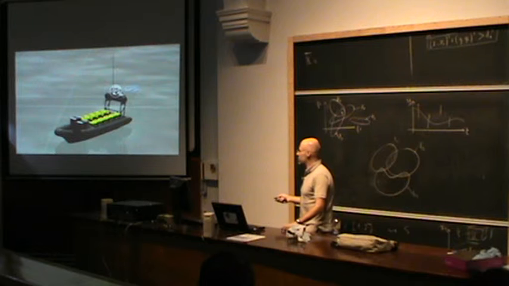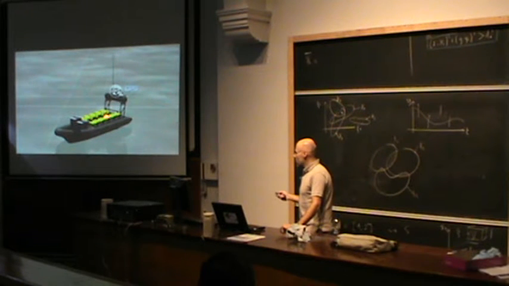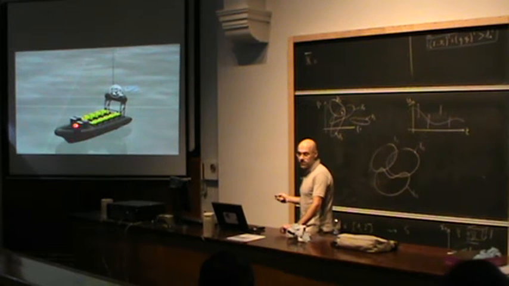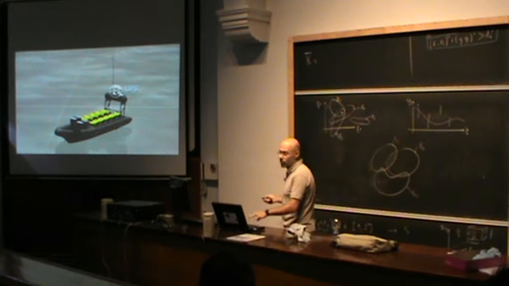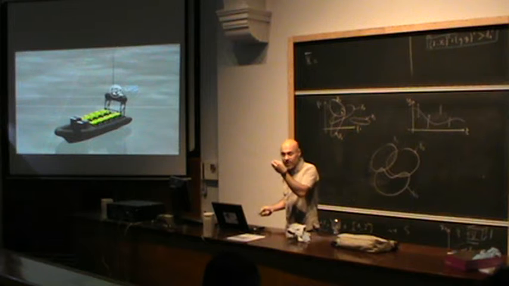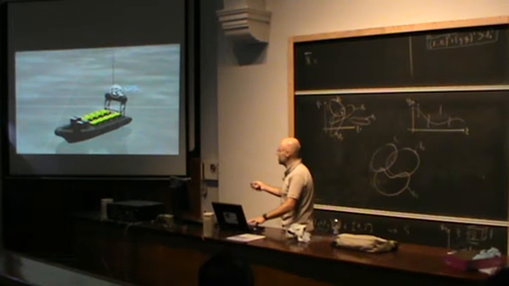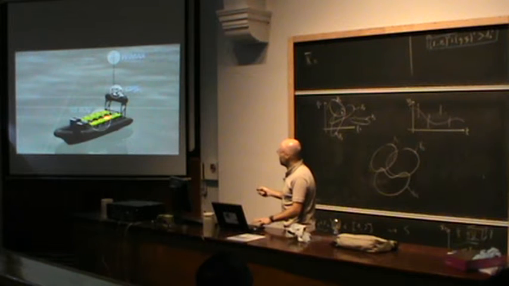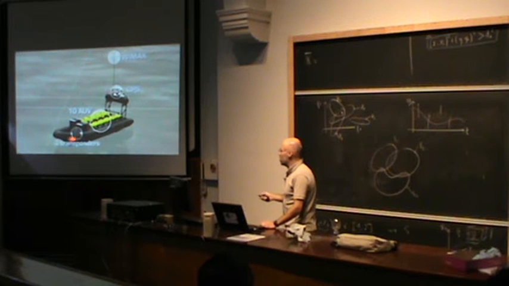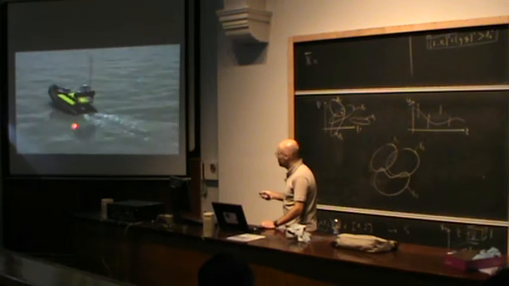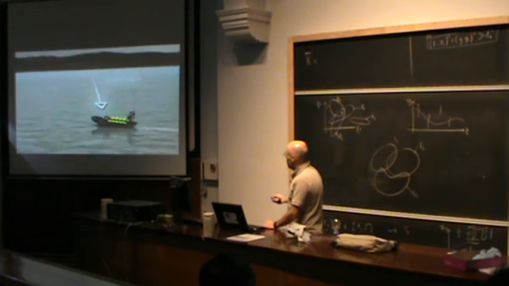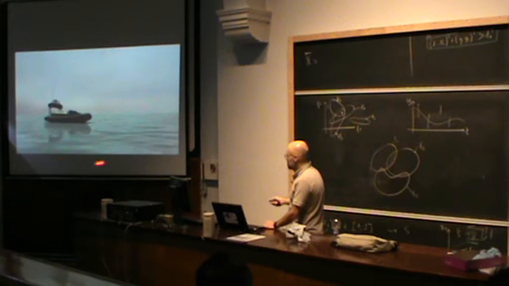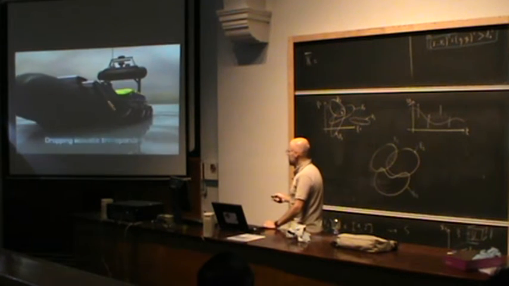I will show later some video. What we do at the moment, we send robots that will look for mines. Here you have several robots, but most of the time we use only one robot. But here in this video we have several pictures. So first we send a Zodiac, this kind of boat, with a robot inside. It goes in the zone which is not secure, and the Zodiac,